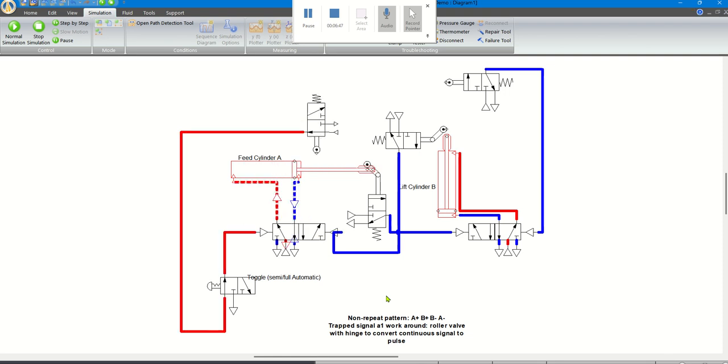That way we can change a non-repeat pattern into a repeat sequence by using